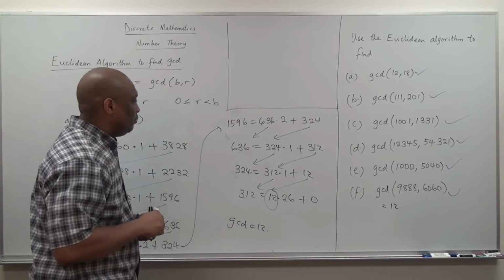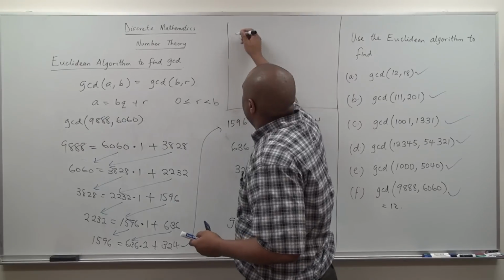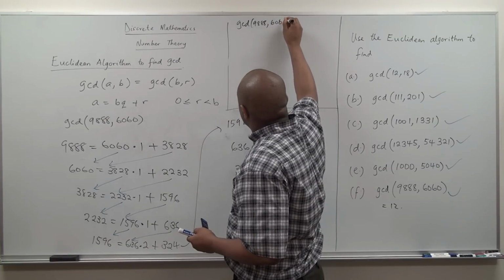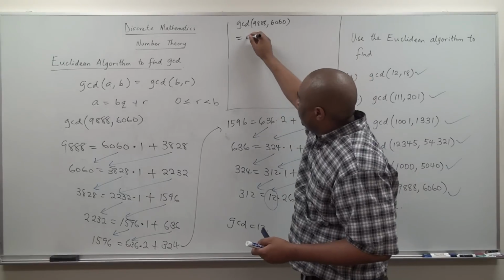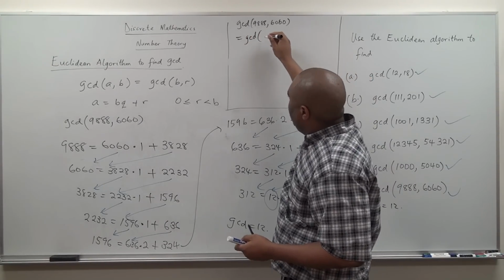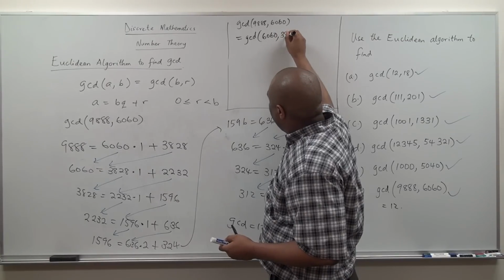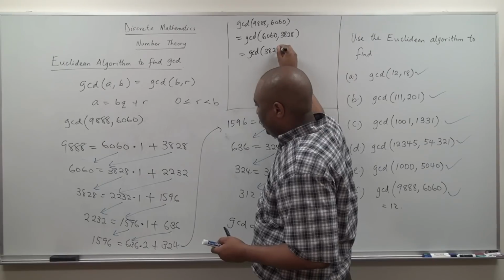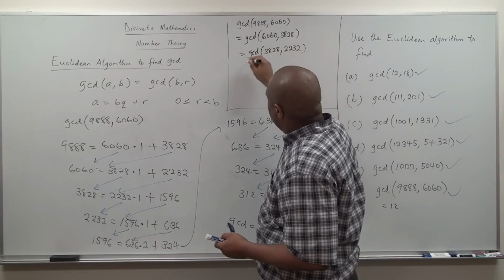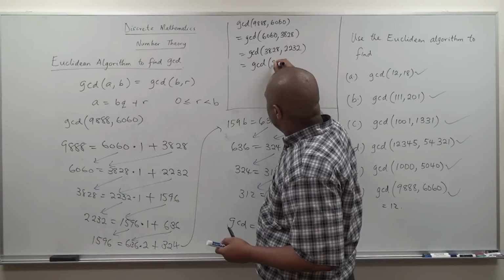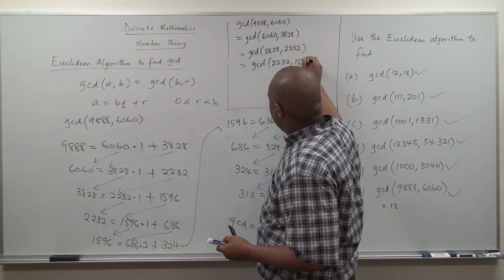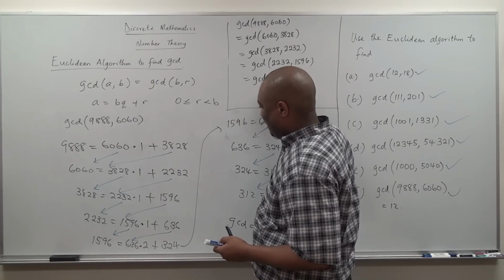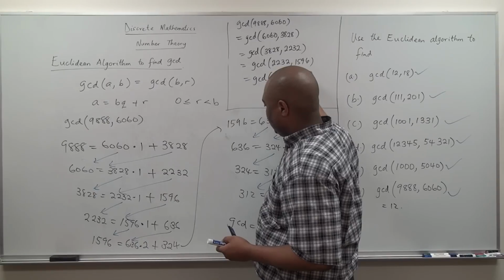Okay? Now, if you want a quick summary of this, we see that GCD of 9888 and 6060 is equal to GCD of 6060 and 3828, which is equal to GCD of 3828 and 2232, which is equal to GCD of 2232 and 1596, which is equal to GCD of 1596 and 636,